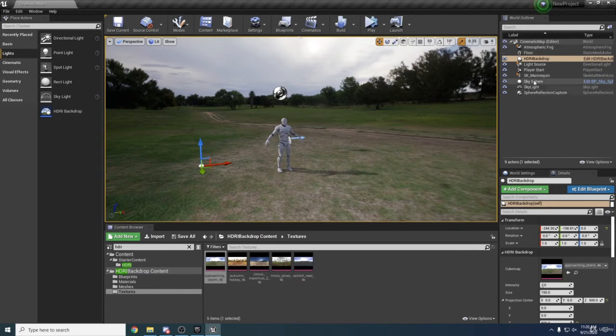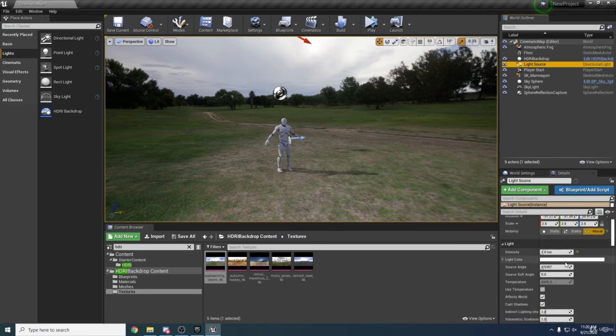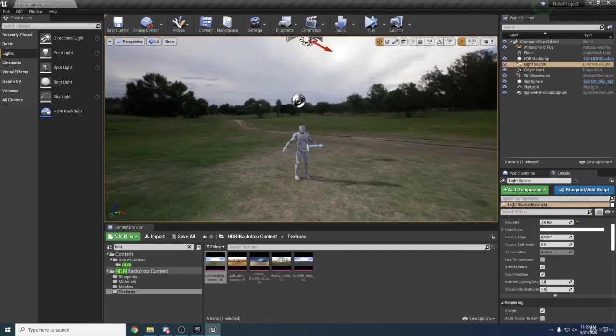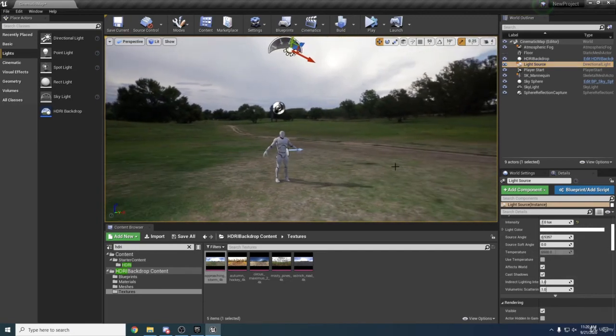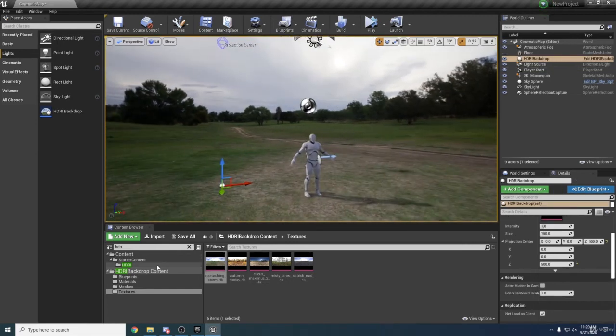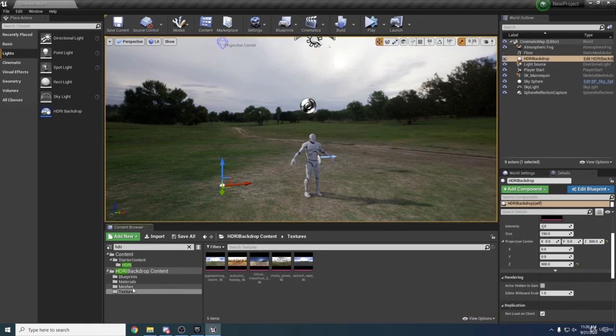And let's see our light source. So it is on stationary, that is good. We can also change the light color or any options like that, but for right now this seems good. So this backdrop is a really useful addition,